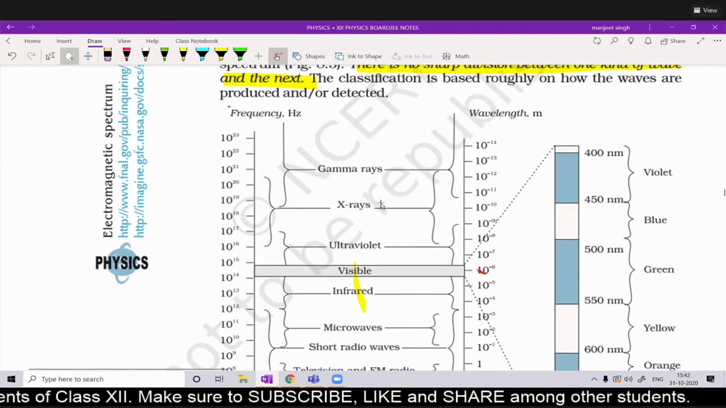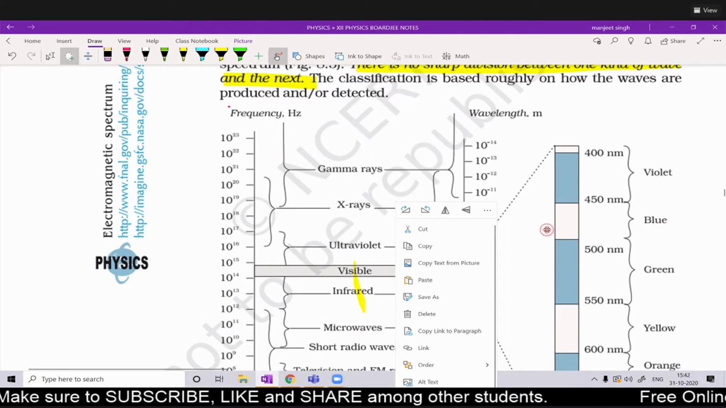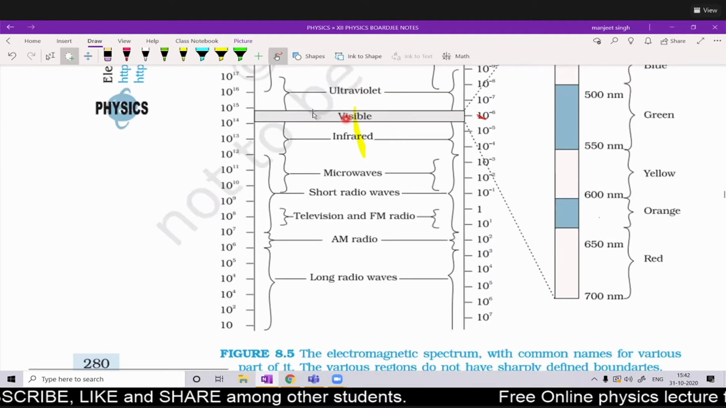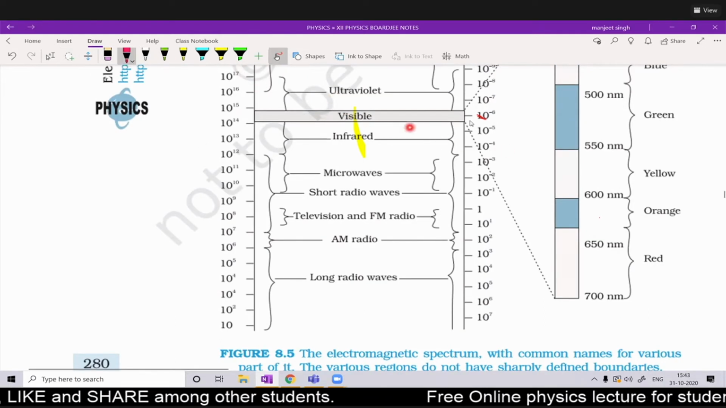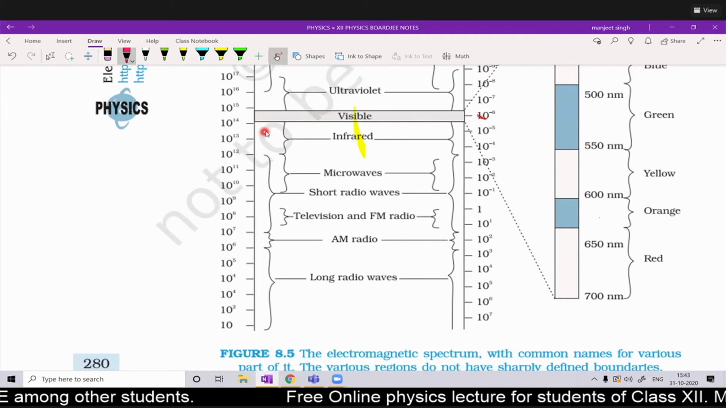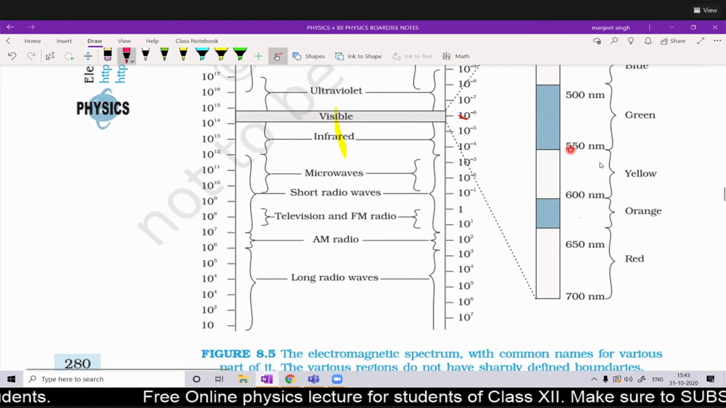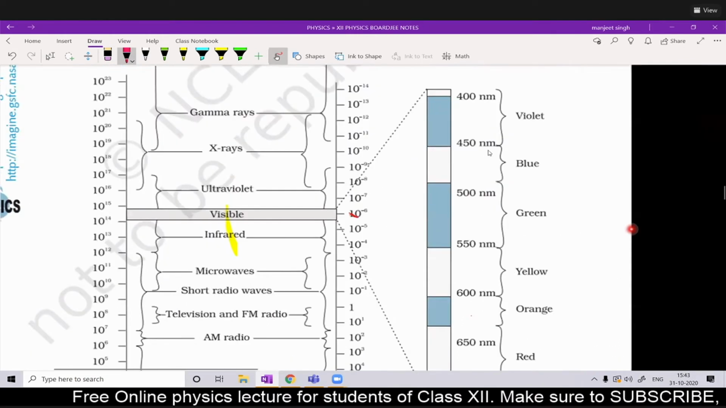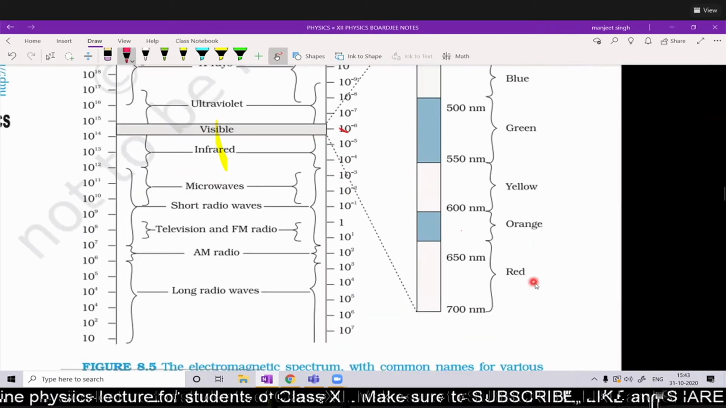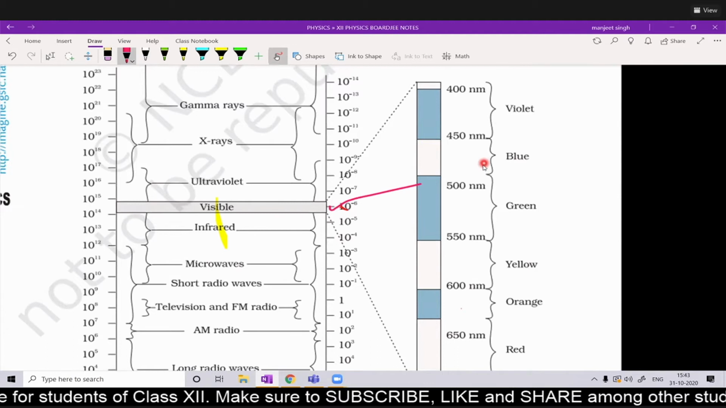So different types of electromagnetic waves are shown in this electromagnetic spectrum. This is our visible light, you see. A frequency of 10 to the power 14 to 10 to the power 15 has been shown here. Accordingly, we can calculate the wavelength on this side. For VIBGYOR, the visible light consists of violet, indigo, blue, green, yellow, orange, red. All the colors are there. So the wavelength range